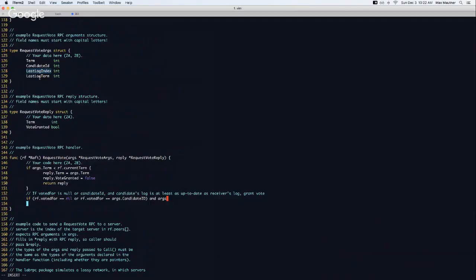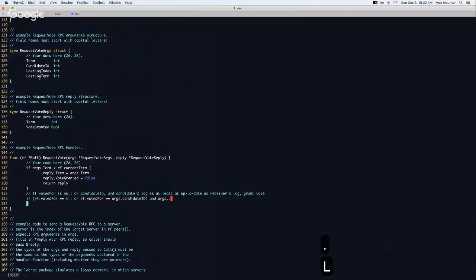Oh, I see. So that's an integer referring to the candidate's sense or record of the last log entry it's received. Okay, and so if the candidate's last log index is greater than or equal